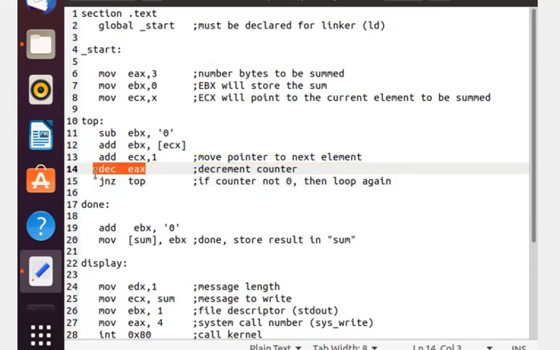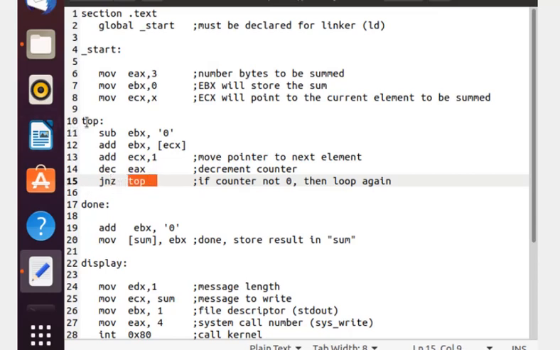And finally we decrement the counter in your EAX register. For this iteration it was 2, and after executing the decrement statement it will become 1. Again it checks the non-zero condition, and if the value is non-zero it again jumps to the top.